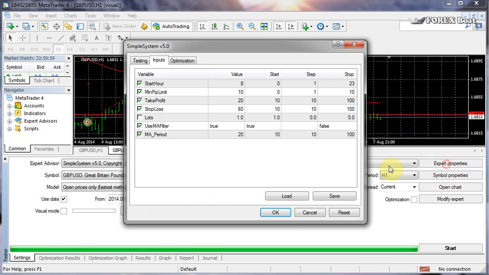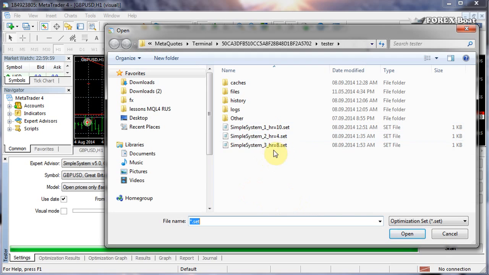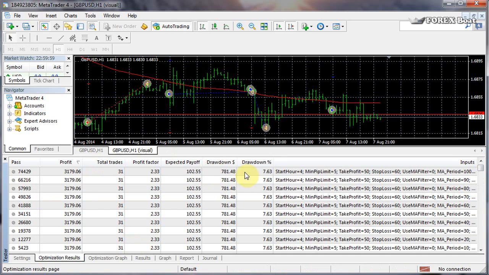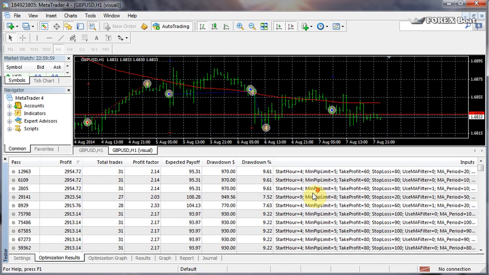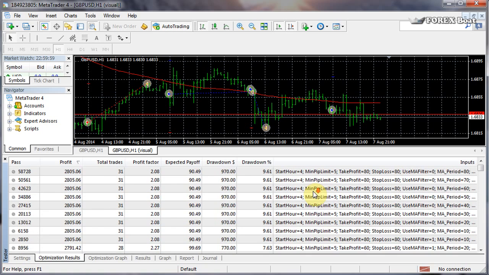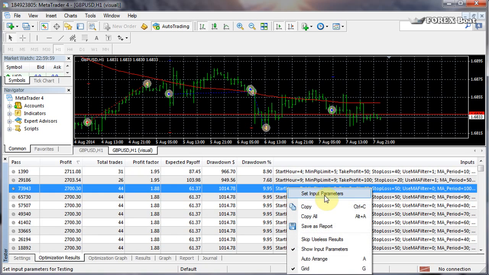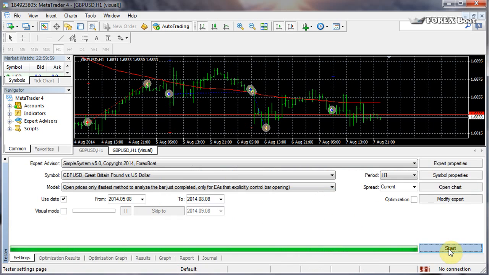Another way to mix it up is to look at the ones you have, and you know that hour is an important parameter, and so far we've got 4, 8, 10. So how about we look for something in between the lowest two, the 4 and 8. So let's look for a 5, a 6, or a 7, still ordered by profit, and then we scroll down and look for the first 5, 6, or 7 that we come across. There was a 9, there was a 10, there's an 8, there are a few 7s. So if we take the top 7, set in input parameters, we start,